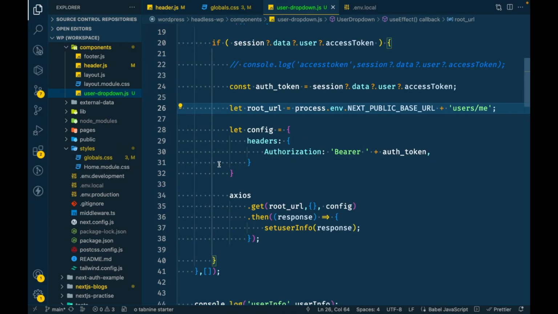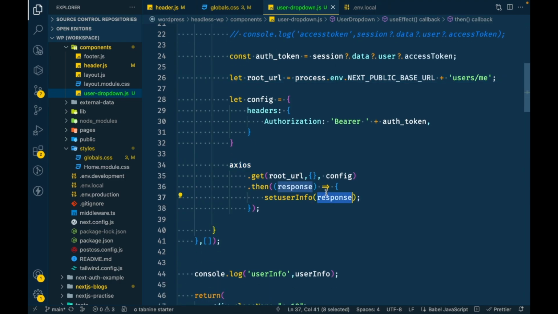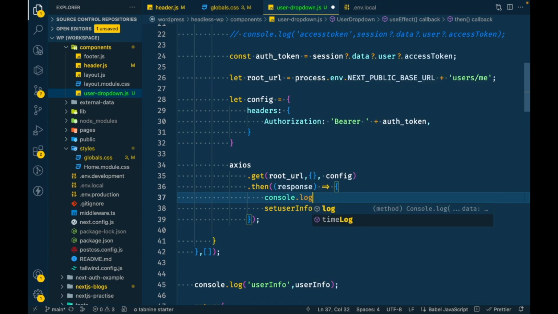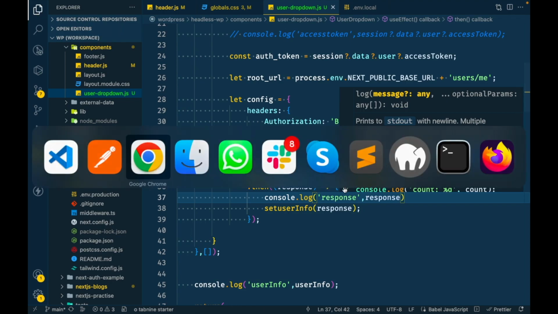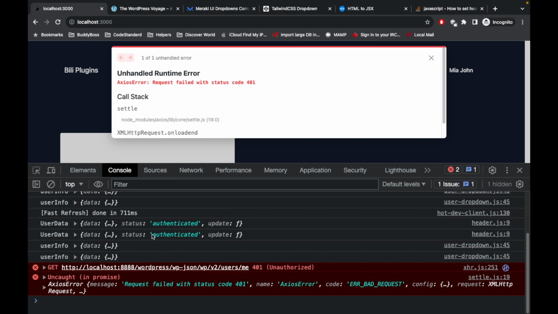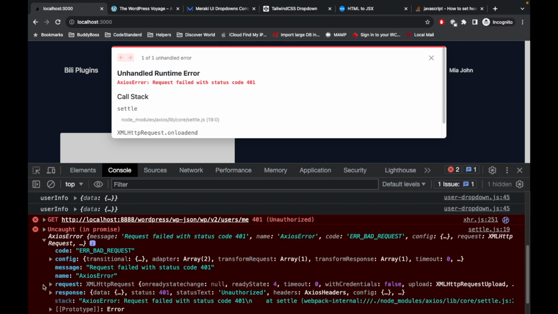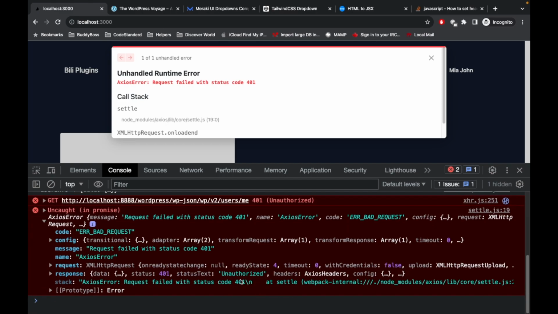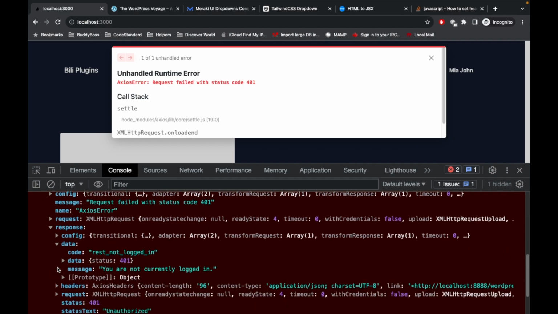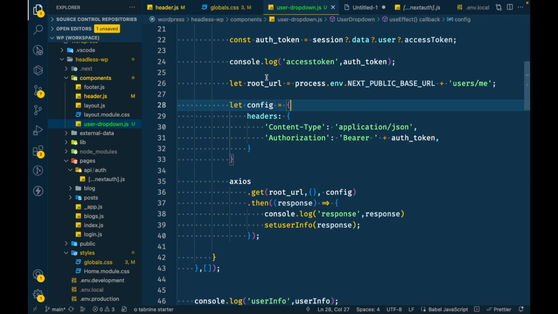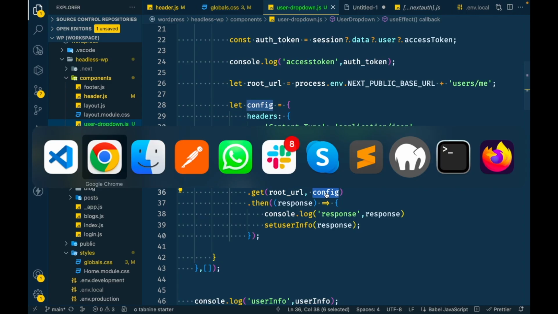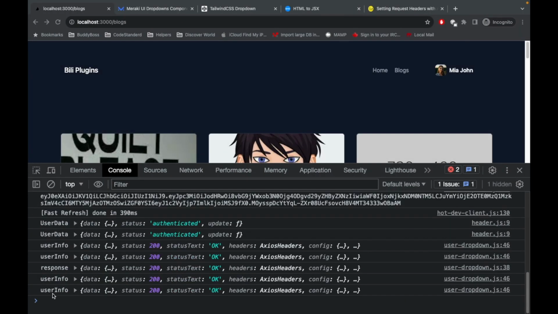Okay, so our request is, let's see what we get in the response. Okay, request failed with status code. So why did the request fail? Let's see. Rest not logged in. A few moments later. After digging into this, I found that the config part will be the second argument. So I do this. Now we have something in the user info,